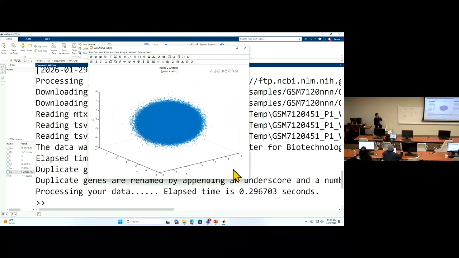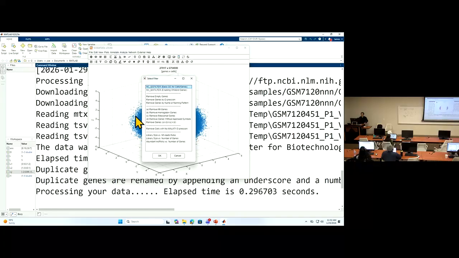Yeah, remember we had 36 thousand something, but now it's only 27,000. It's quite a lot. More than 10,000 genes are empty. We remove those genes, and you can also click this filter button here to achieve this. Now let's look